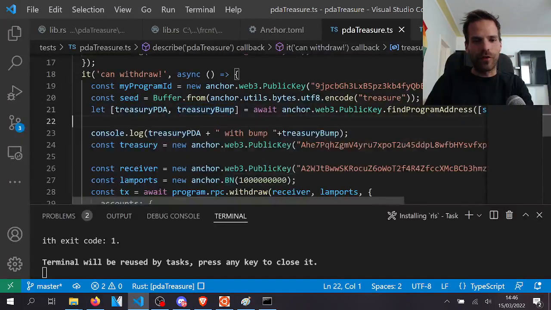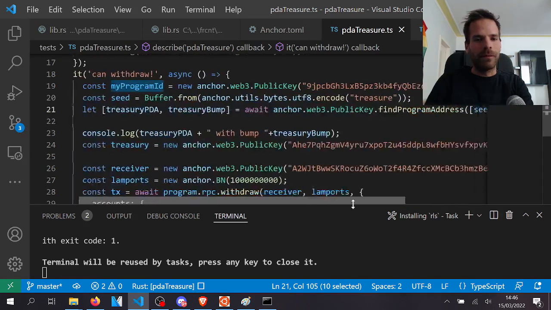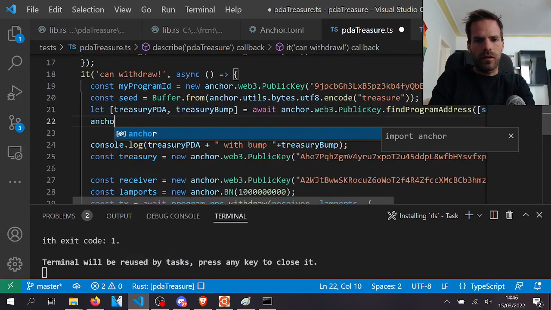So also in front end with anchor, we can just call find program address, put in the seeds that we want, like just a string, and the program ID. And as we had it here with the seed and the program ID, it will then find a pubkey that is not on the curve and give us the bump back, such that with all those things, we could now